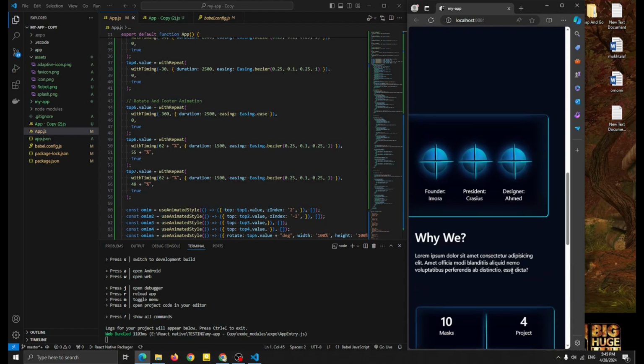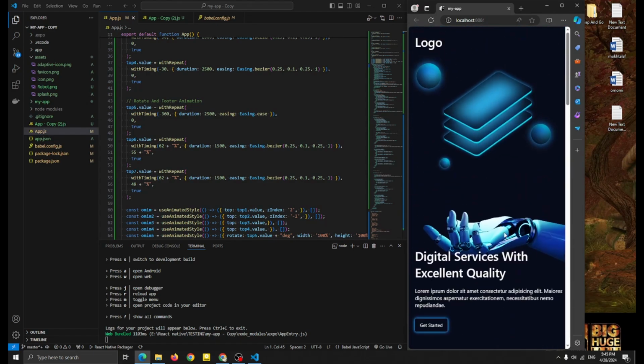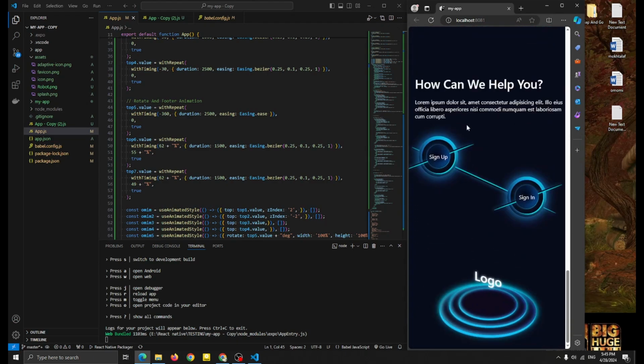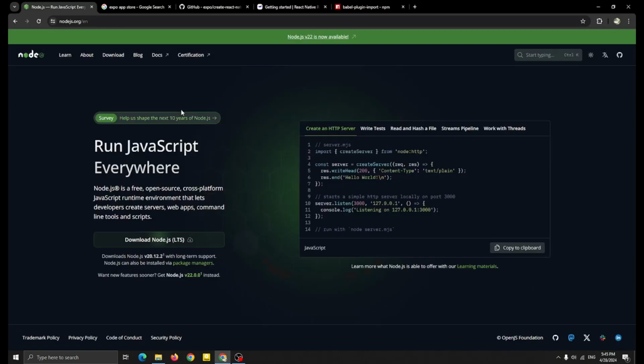So this is everything you need to create this, with a simple animation with Reanimated, so we don't have any more keyframes. You can see we're just gonna create it with a simple animation, guys. Hope you guys are ready for this. Then let's get started. Okay, first guys, you need to install Node.js for this React Native,